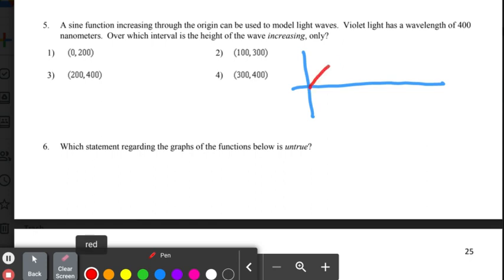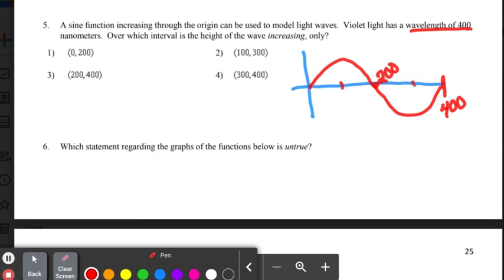Hey, so here's my sine wave. Wavelength is the same thing as period. So right here, this would be 400, which means this middle part is 200 on the x, and obviously there's the origin. We got 100 and 300. So now the question says,